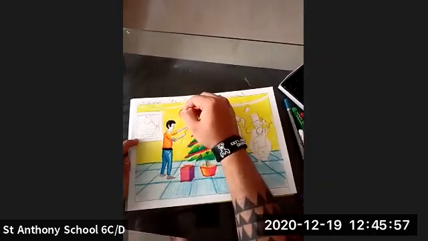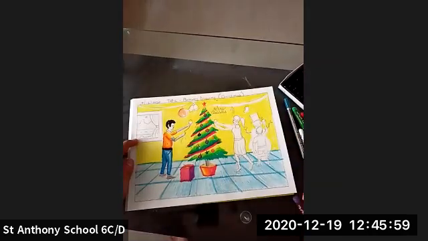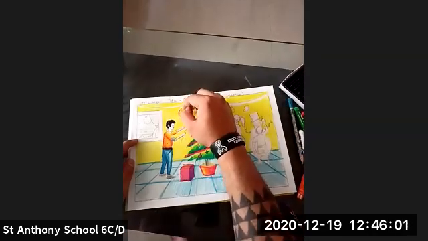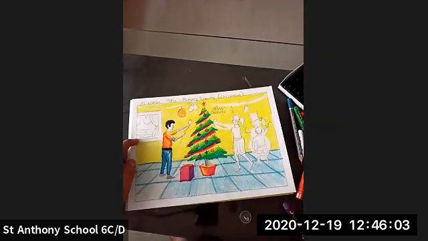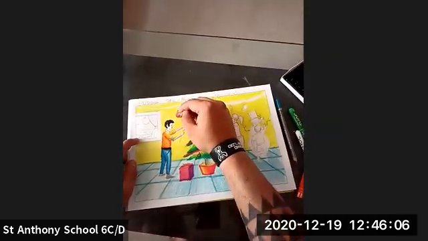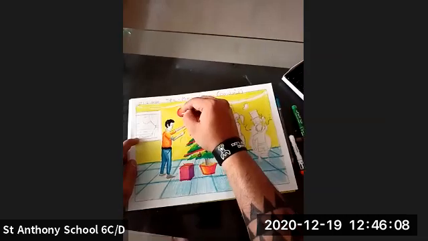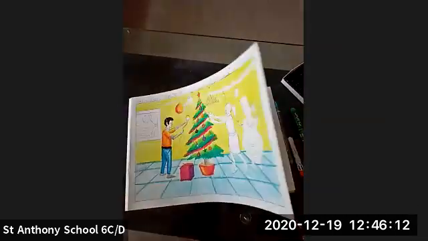Here you can show the light tone. And this is how you're going to use it.